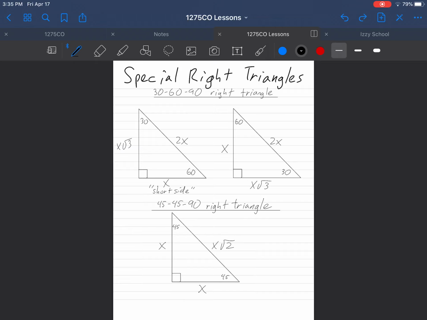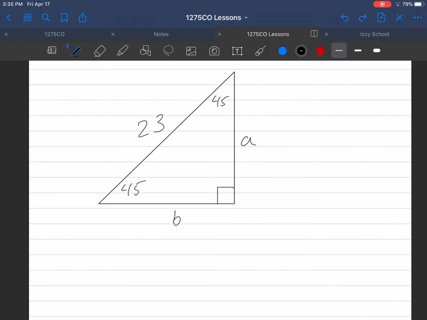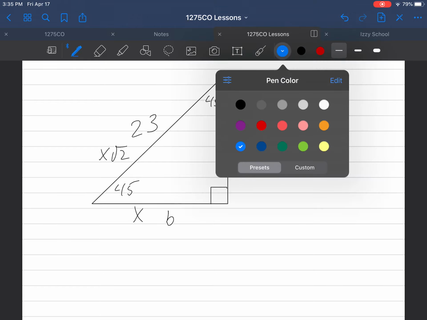But the bottom line is that the legs measure x, hypotenuse measures x radical 2. So if we were to take this triangle here and write the leg as x and the hypotenuse as x radical 2, this gives us a nice